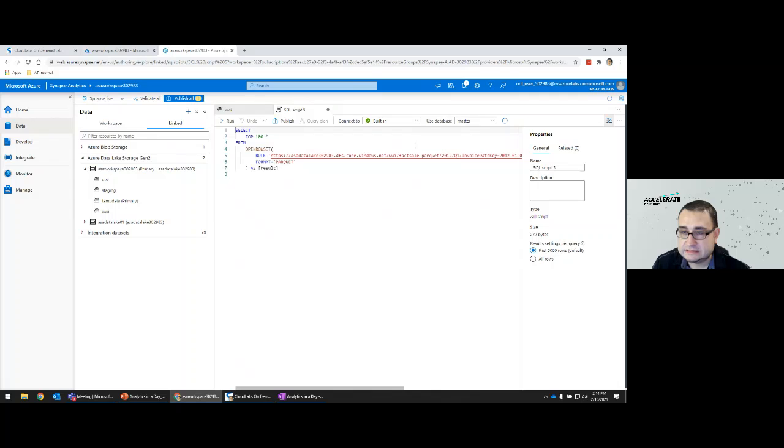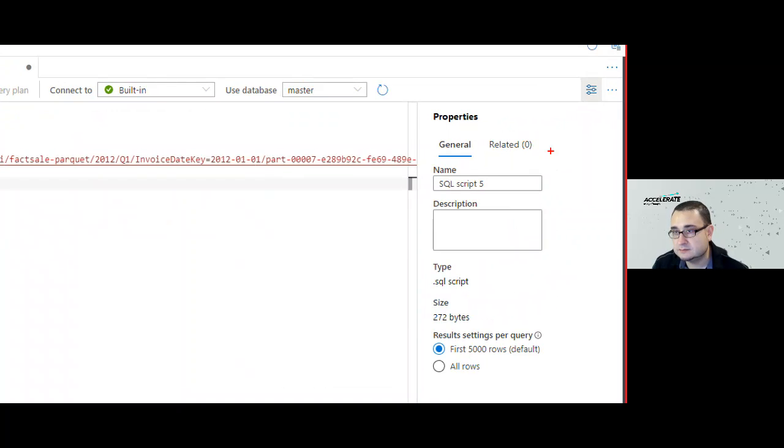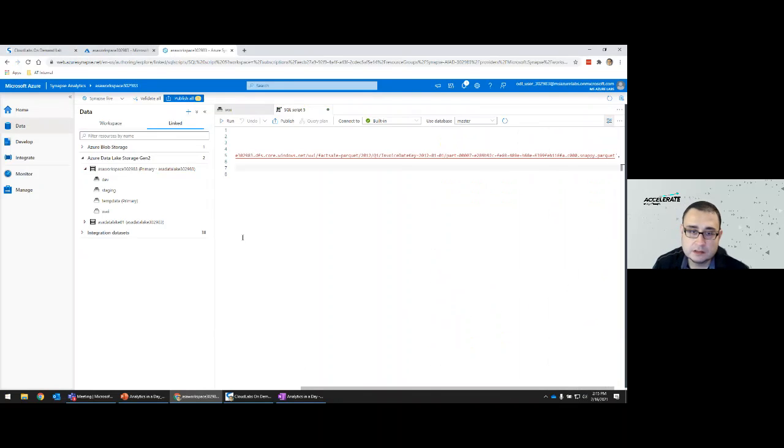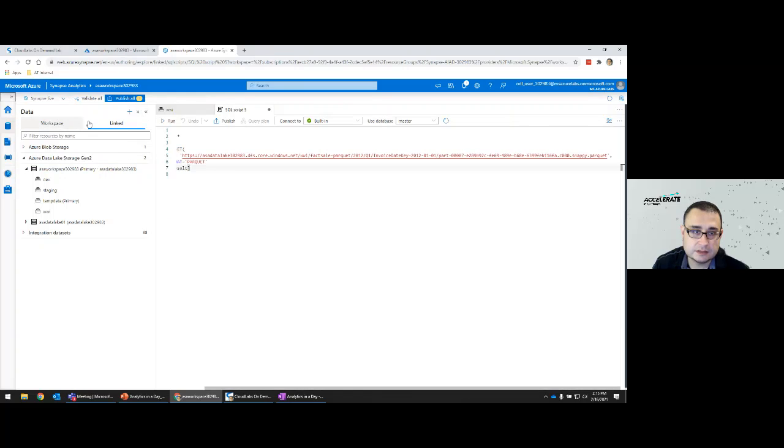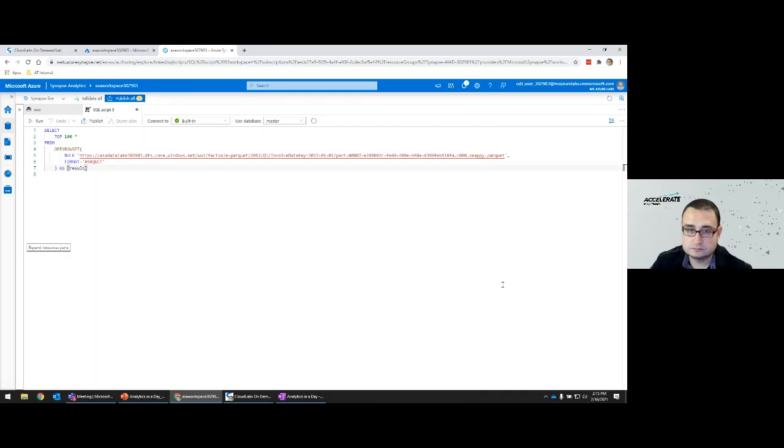In this case, we're going to use the built-in pool, which is the default SQL pool resource. You can see that when we right-click and select top 1,000, it automatically inserted the SQL syntax for us to read from that file. Again, it's a Parquet file. You can also close this section if you want more real estate by clicking on this icon right there, and that makes it go away. You can also collapse here and collapse there, so you can get more real estate.